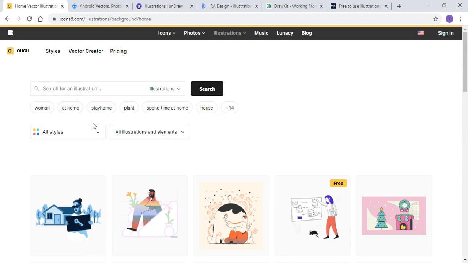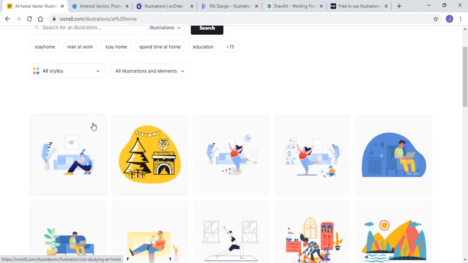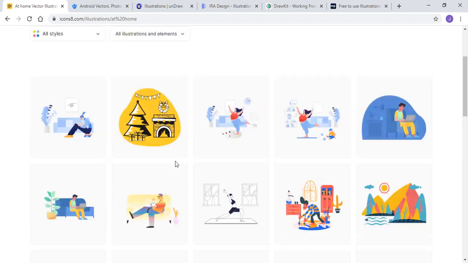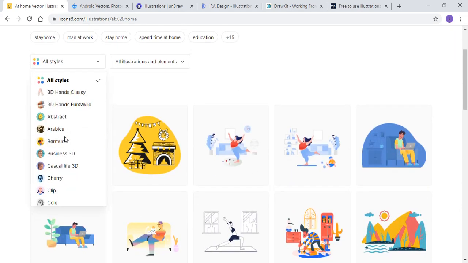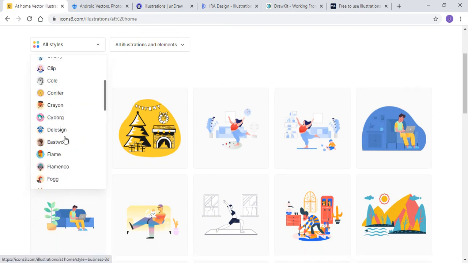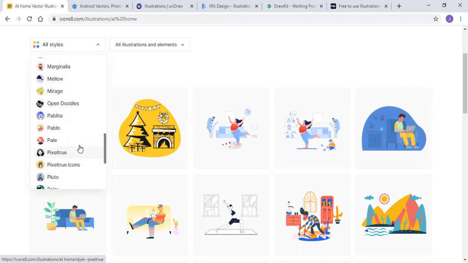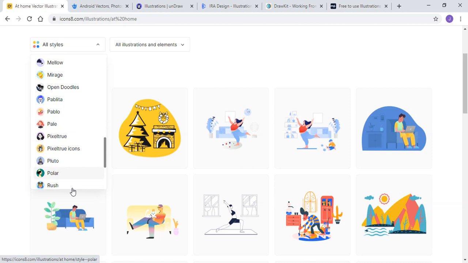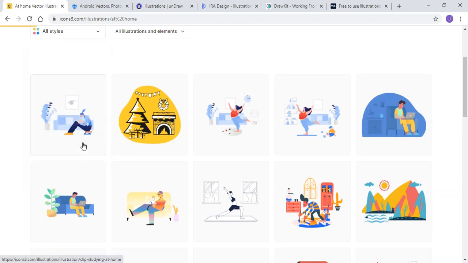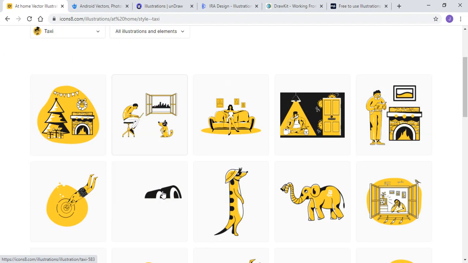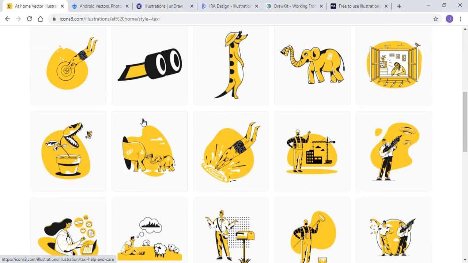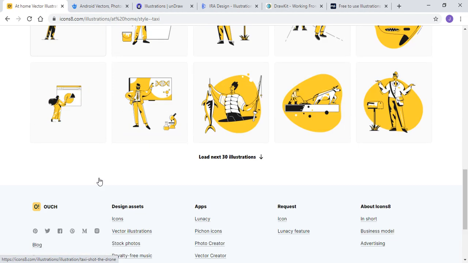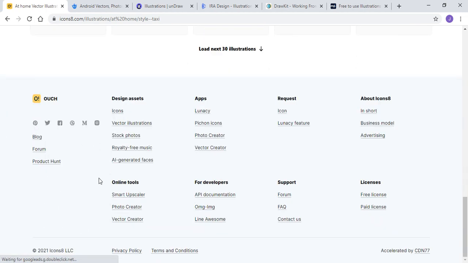Yes, so you can see that, and you can also find a particular style for your illustration. So here let us take a taxi. Yes, so we will get all the illustrations here, you can see this. So we will get a large collection of illustrations by Ouch.